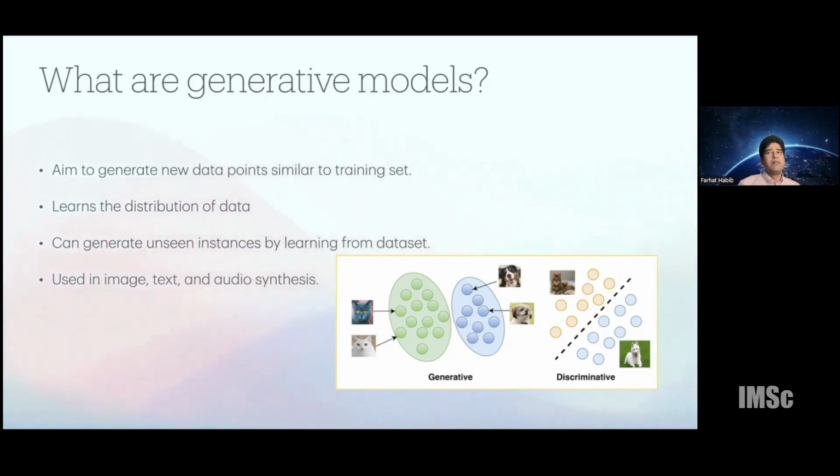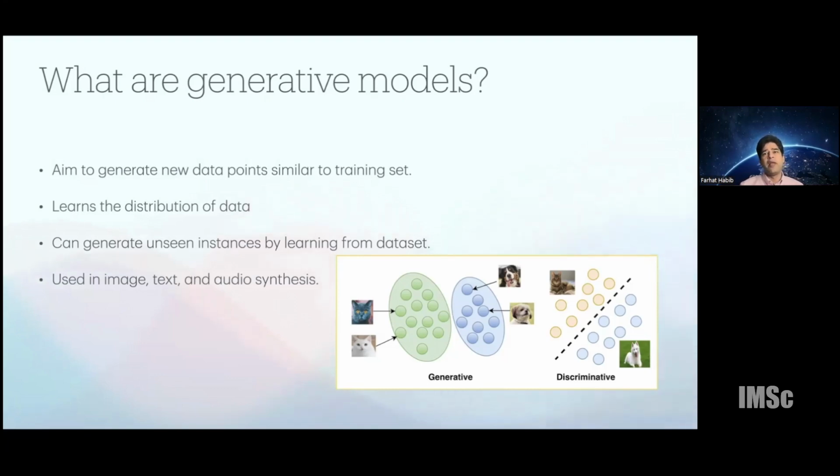So during the training process, what we aim to do with a generative model is that it should learn the distribution of data. That is, it should be able to look at the kind of data that it has been given and be able to generate novel data points that are similar to the data that it has seen.